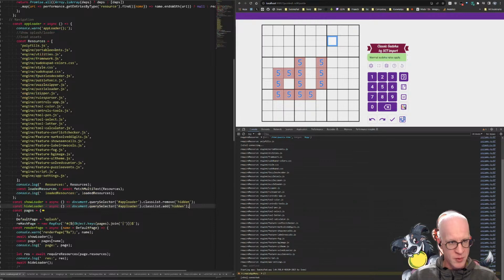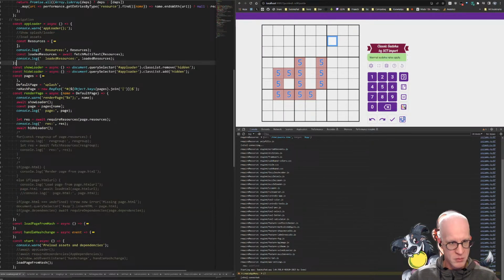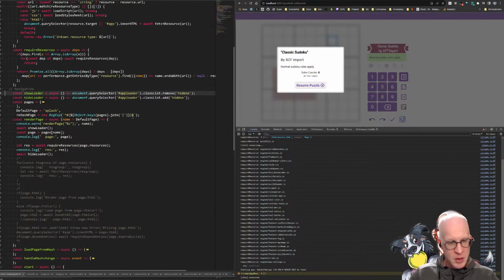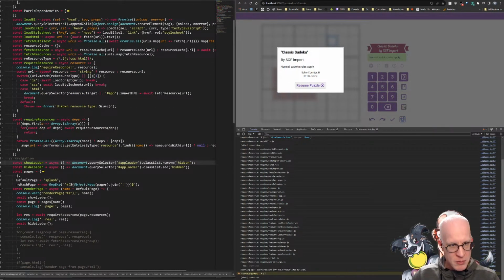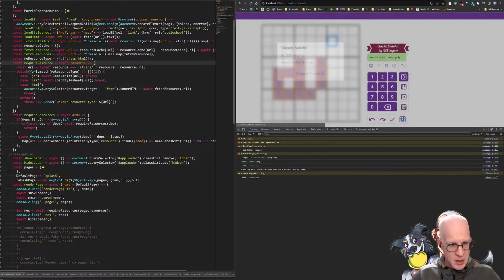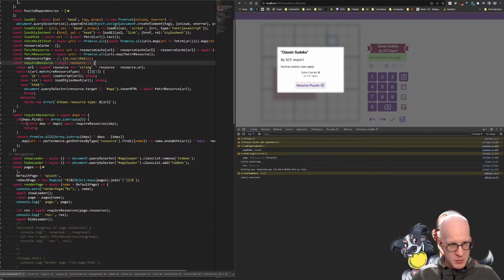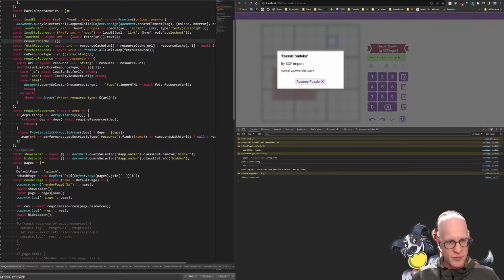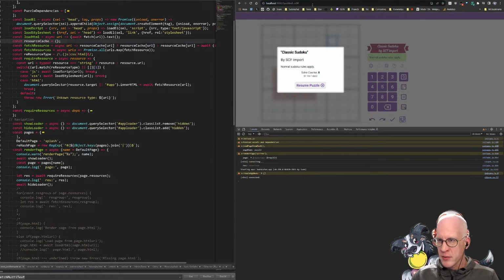The app loader thing here, I think we don't need at all now. Yeah. Want to keep things simple. Required resources, we can get rid of that. Fetch, load, multi-text or whatever, I can get rid of that too. Don't think this is used anywhere now. Right? Okay. And if I get rid of that,